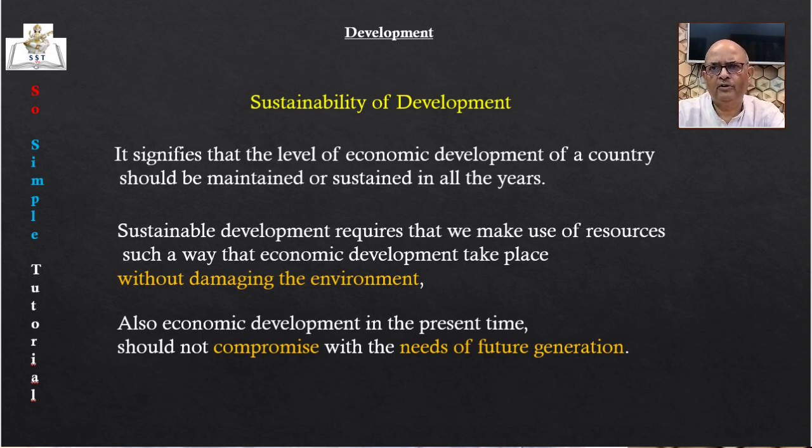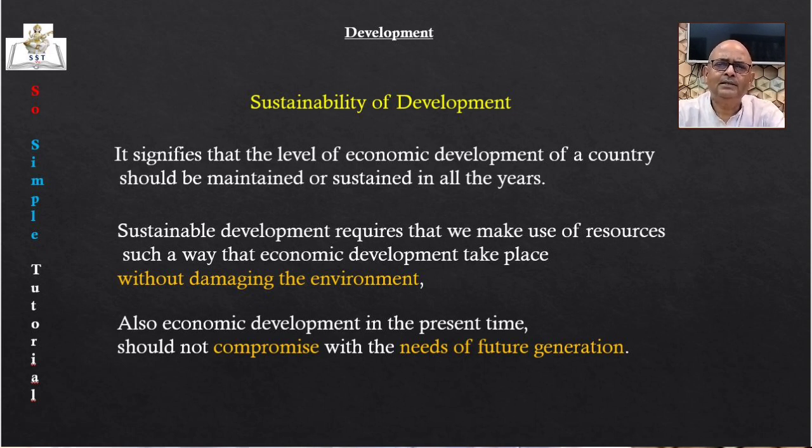Students, in the process of development, resources get used up. These resources are of two types, as you all know, renewable resources and non-renewable resources. Renewable resources get replenished by nature. Non-renewable resources are available in fixed stock and do not get replenished, for example, crude oil, coal, etc. Since the second half of the 20th century, scientists are warning that the present type and the level of development are not sustainable,